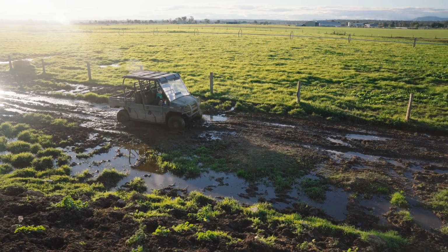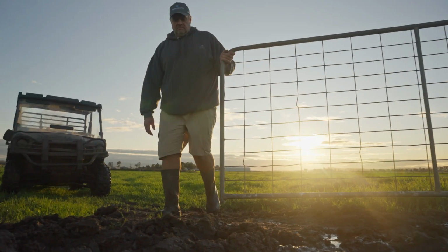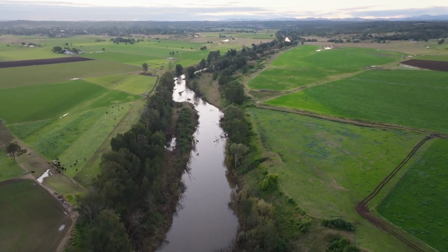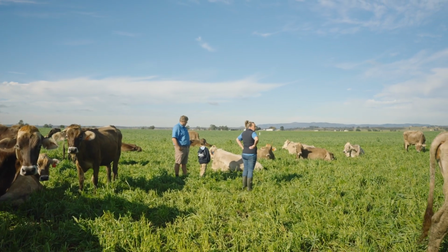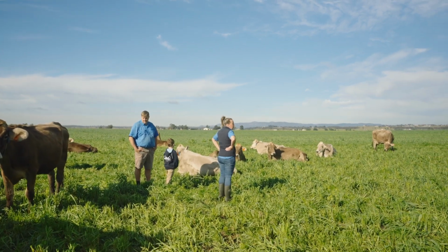We'd had rain the previous day, just went about a normal day on the farm until we had a phone call from a friend upstream who said, "You guys better be prepared, there's a lot of water coming." That was at lunchtime. By 6 o'clock that night, our whole farm was underwater. We had over 200 head of our own cattle, plus numerous other herds of cattle on the flats that needed to be evacuated. It was quite a stressful and